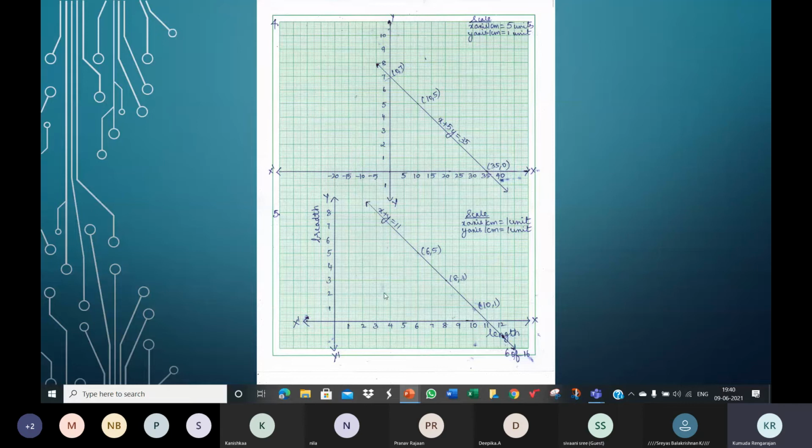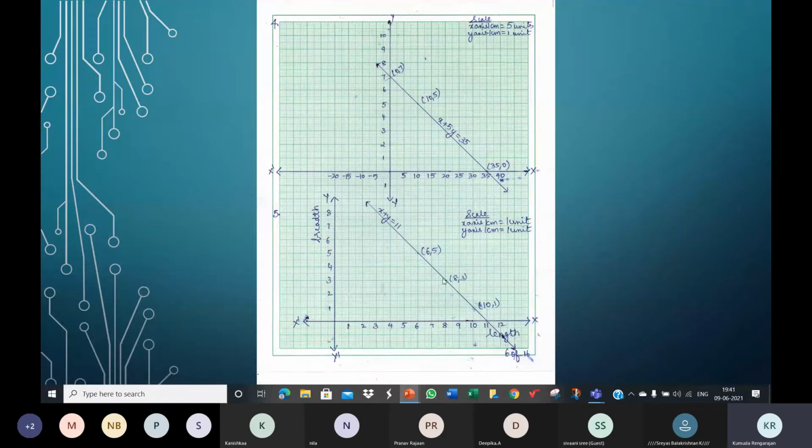This equation, this graph. Since I did not have space, I couldn't extend it. Otherwise, you should see this line will intersect the y-axis, right? So you need to produce this line and then show the y-intercept. Let's talk about the x and y-intercept now. Since I have made two graphs on the same paper, there was no space, so I couldn't pull this up. Otherwise, you are expected to extend the y-axis and then pull this line and show the intersection.